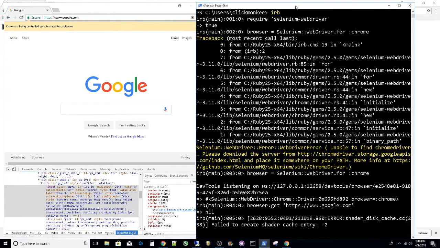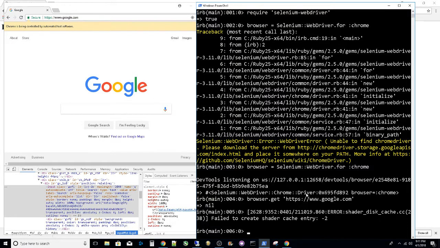And then go back over to our PowerShell window here. Hit enter if you get random cache errors. So now we have our browser variable we created, and we just use that to go to the website. Now we're going to use it to fill in that field there. So the syntax for that is browser, and then find element. So we want to find this element on the page. So find element,